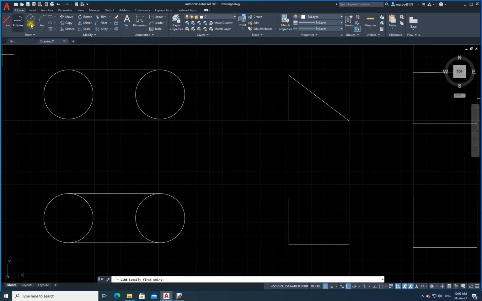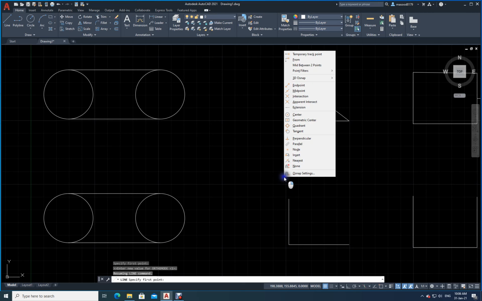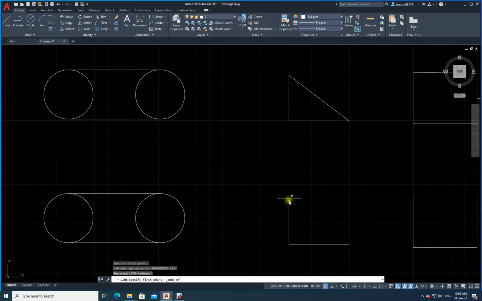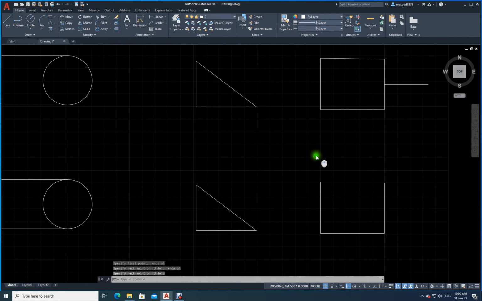Now similarly for this one, what should I do? Again I will take the line command, go nearby it, nothing is happening. I will press Shift, then right click the mouse button, then I have got end point. See here, end point is there. I will take this end point, come here. Now see, the shape has changed. It is becoming a small green color rectangle. In the previous case it was like a circle. I will click on this. Now I will come here, nothing is happening. Again right click, end point. Now again see here, click, enter. So what has happened now? I have finished the triangle.